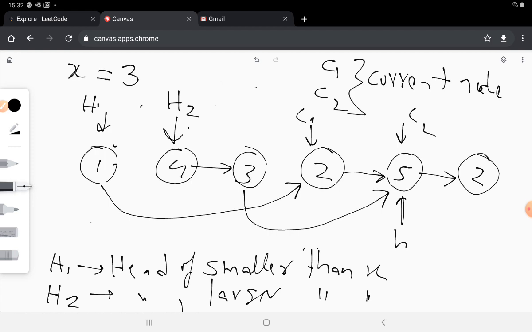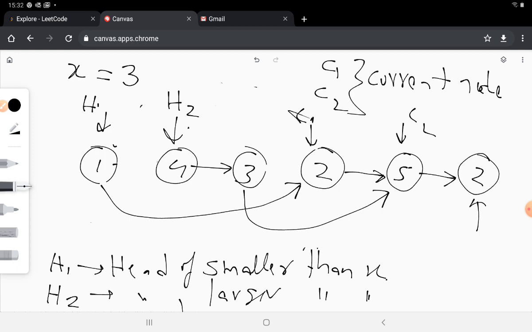Now let's continue moving the head pointer forward. We have reached here. Now this 2 is less than the value x, which is 3. So in this case my c1 would have to move forward.